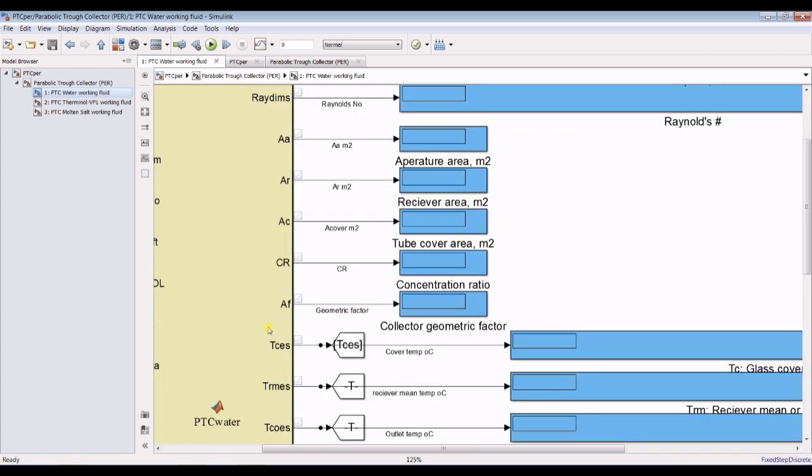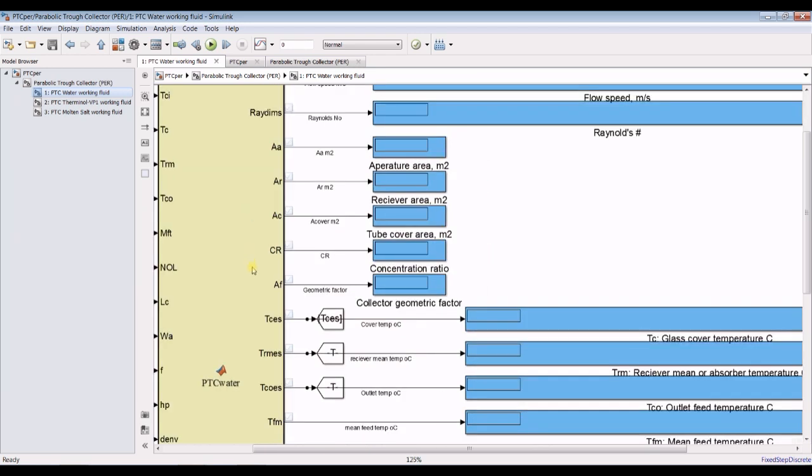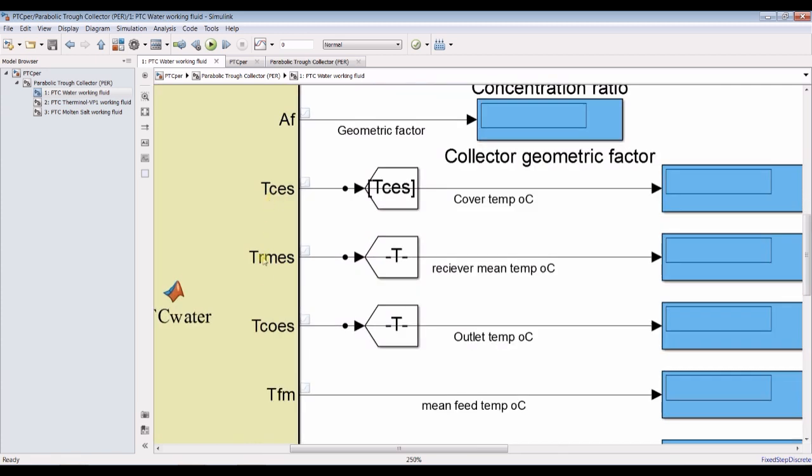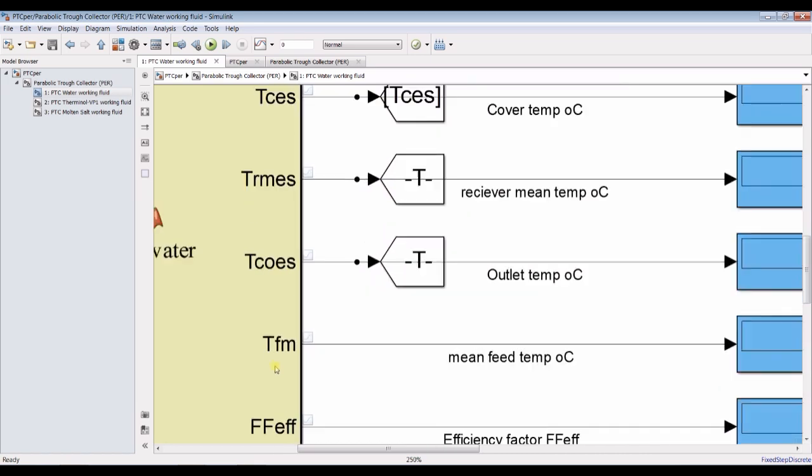Area pressure is already there, you have to enter. This parameter is known: aperture area, receiver area, or cover area, and we can calculate the compression ratio. We have to calculate cover temperature, receiver mean temperature, and outlet collector temperature, and this is